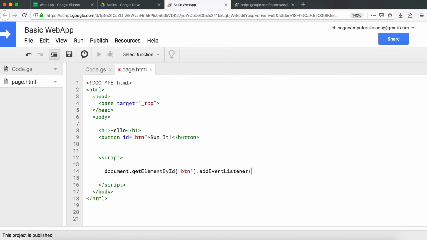listener. That's going to be a function, and that function has 2 arguments. The first argument is the type of event we're listening for. So I want the click event. That's when somebody clicks on this button, and I want to run a function when somebody clicks on this. Now that function is not going to be the app scripts function. So that function is going to be the function that you're going to have to create in your web page in here. So for now, I'm going to call